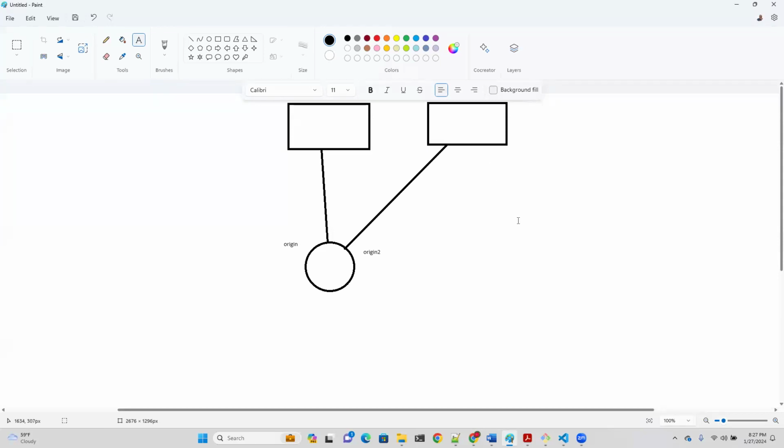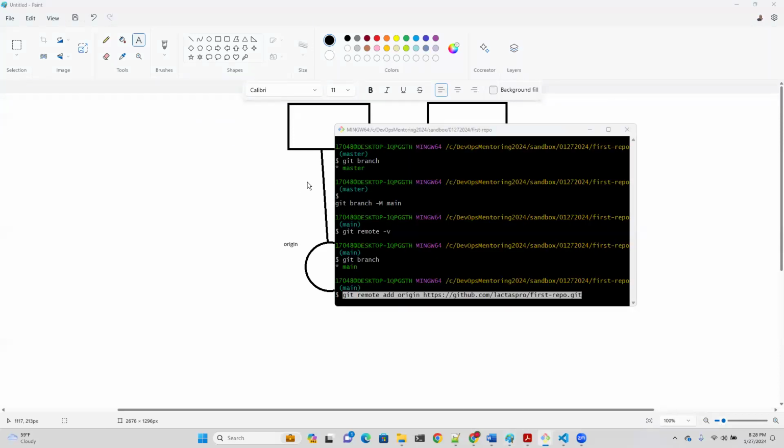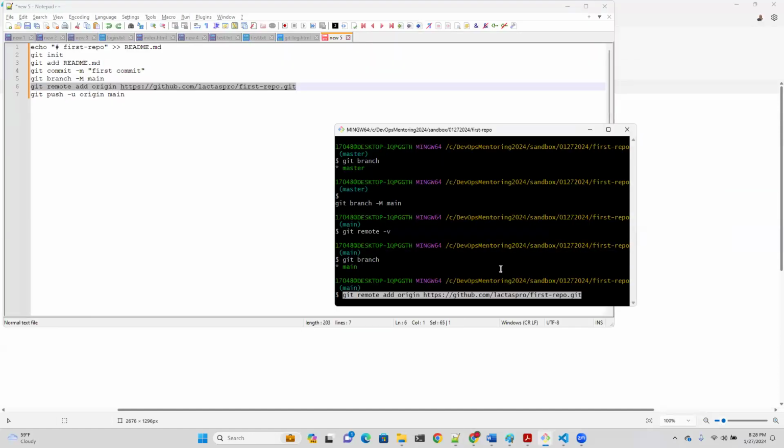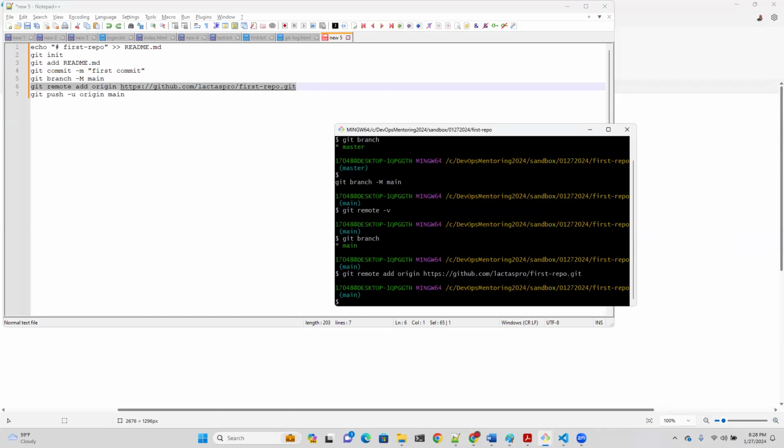But is there a practical implementation for it? Yes, there is. Do you need to know it right now? No. So, Tanmay, please park another question for me. How to mirror repositories in different origins. I don't have to teach you right now, because if I teach you right now, you're going to get confused. Okay, let's go back. Now, if I do a git remote -v,